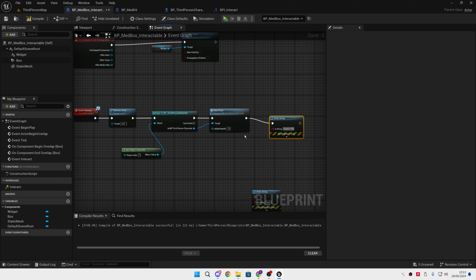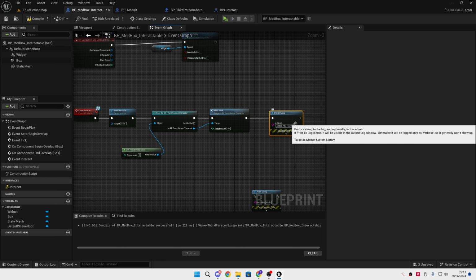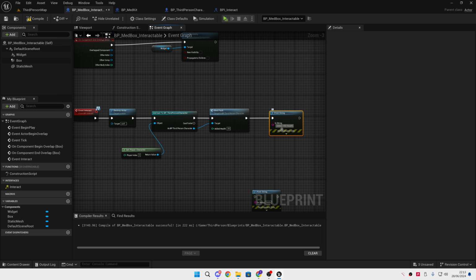And the reason I'm adding 50 health instead of 10, as you can see me change it here now to 50, is because this medpack is going to take longer to use. So it's going to take a certain amount of seconds to use. I believe the animation I'm using is like 14 seconds, so it just makes sense to make it bigger, well, to add more health, if you understand what I mean. So I'm just changing the print string here,